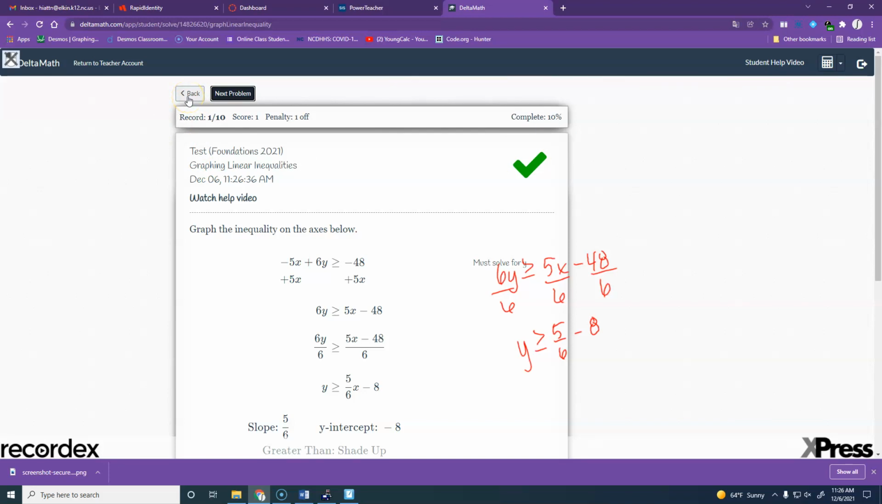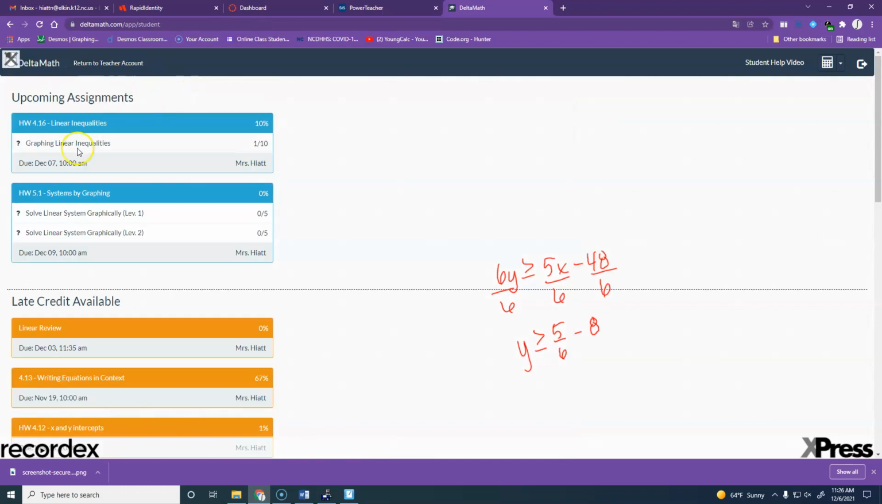No, just the linear inequalities. Systems by graphing is later in the week. Wait, do we have any homework other than the Delta Math? Just the Delta Math. I was going to say,